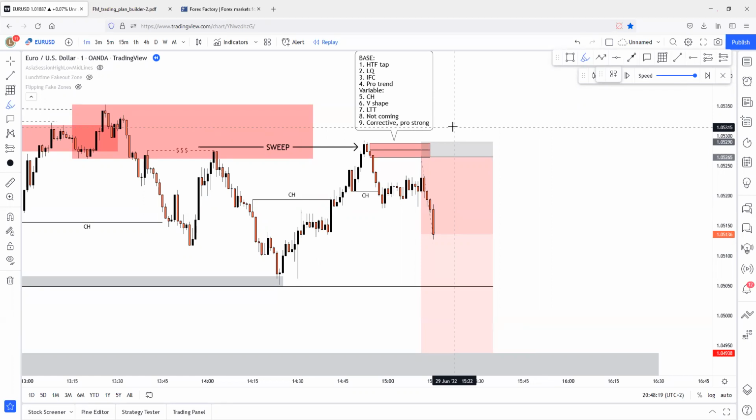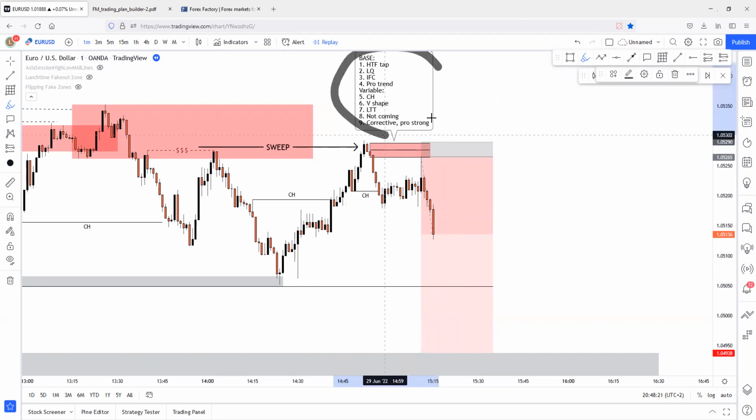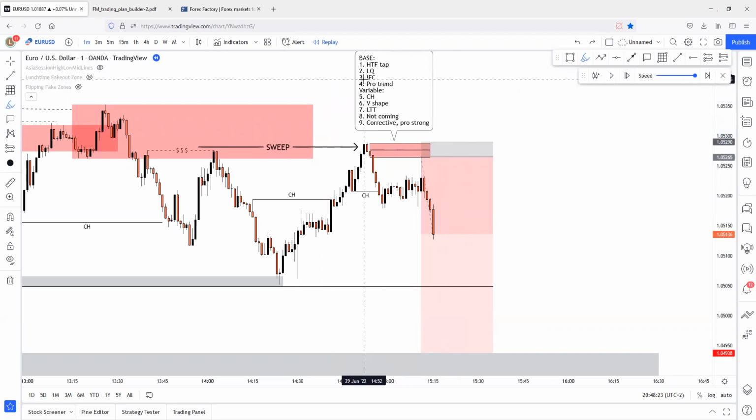Because we have an entry model. We have a really, really strong base criteria pro trend model. This model is literally the strongest in this Forex game. Literally, I can tell you that this is the strongest model in this game, because this is just a systematic approach. This is the most systematic approach that can be found in supply and demand trading. I'm just telling you this because I just spent months and years of backtesting with this.